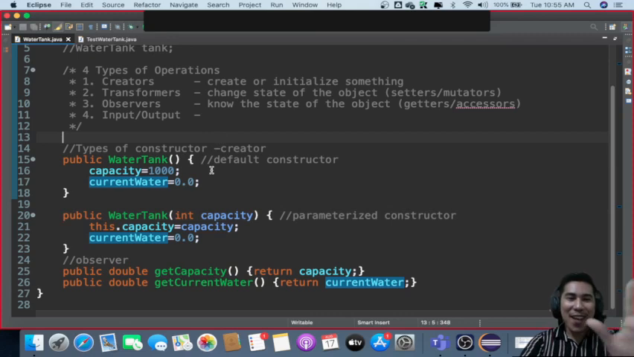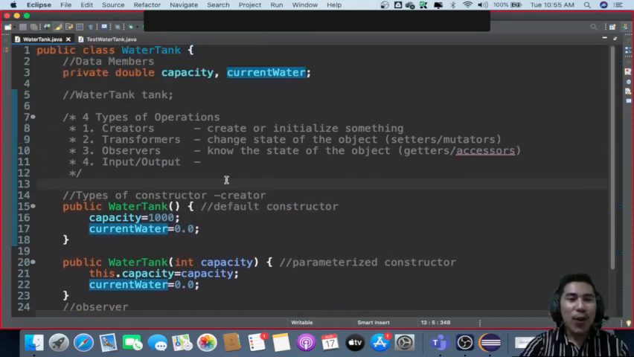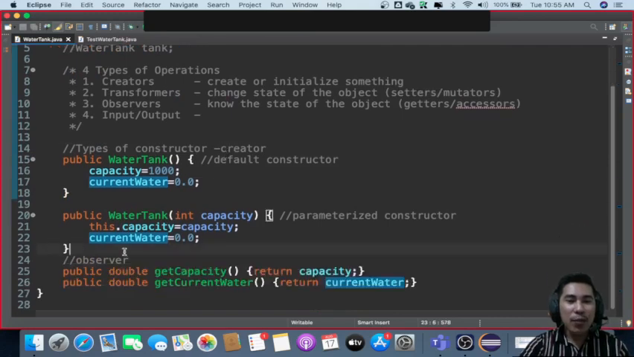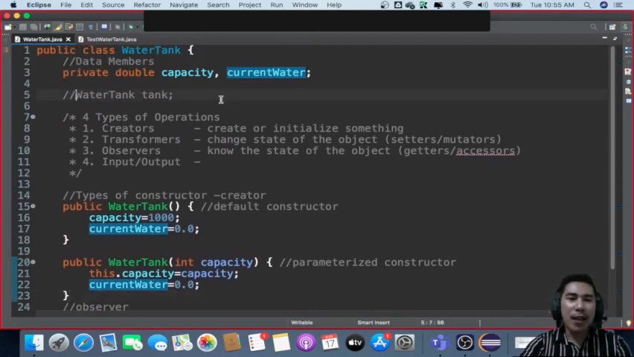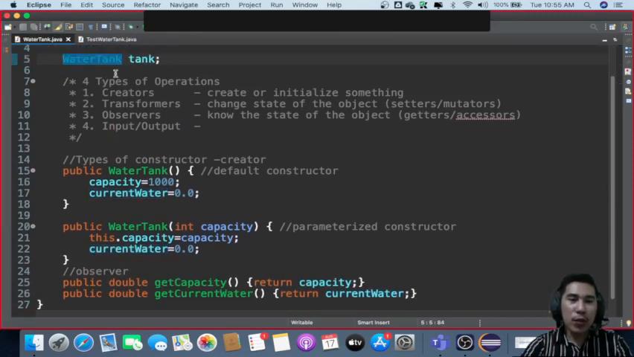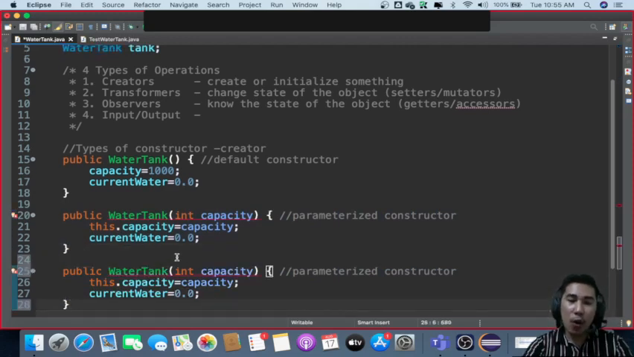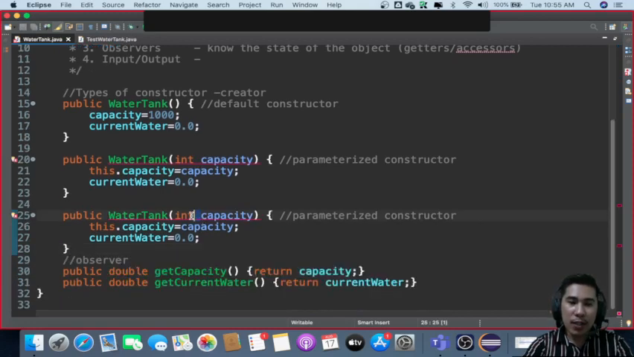Okay, so going back, anyway, our focus here is to create a water tank. If you would allow me to also do this one, the last one, I hope you can relate it to your OOP. This one is what we call a copy constructor. So copy constructor is